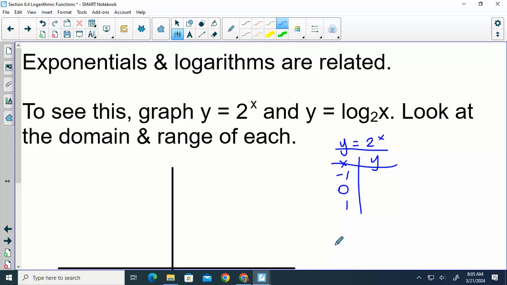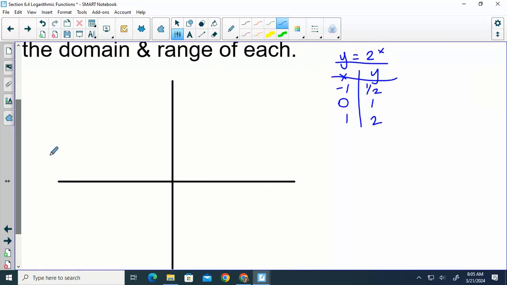So 2 to the -1 power is 1/2. 2 to the 0 power is 1, and 2 to the first is 2. So my points: we have -1, 1/2, 0, 1,